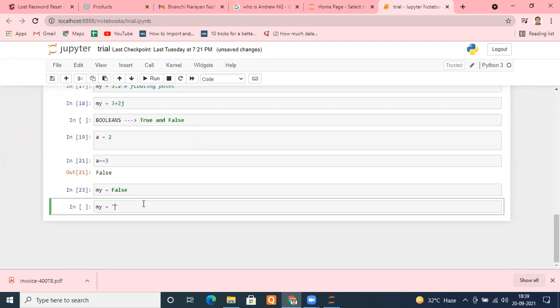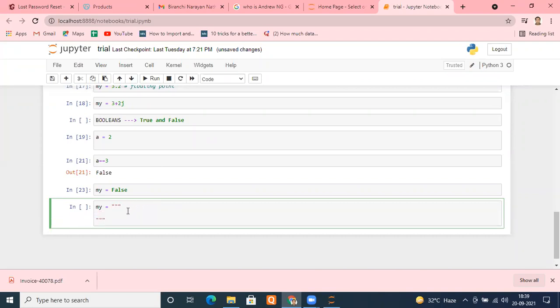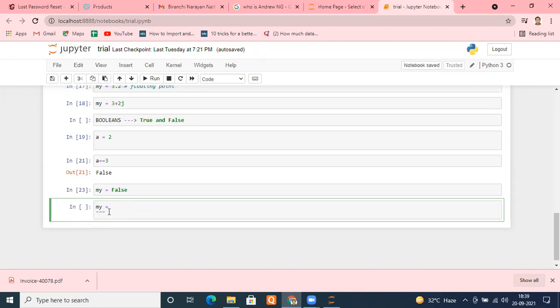But if you want to take your string to multiple lines, in that case you have to use triple quotes, either single or double, very much like we made the comment yesterday or the day before yesterday. If you want to take your string to the next line, for example if you are writing paragraphs, of course your string will go to multiple lines. Then you have to use these triple quotes, either double or single, it doesn't matter. And when we are sticking to a single line, only a single quote or double quote is sufficient.